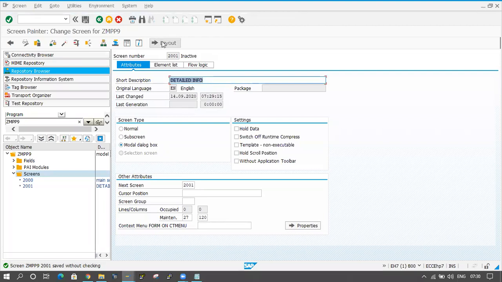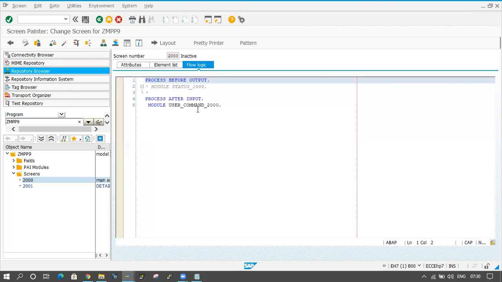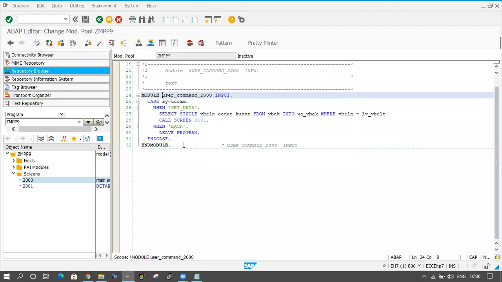Before that, we have to maintain the starting position and ending position for the screen. Screen 2001, that is okay. Since this is the modal dialog box, I have to give a starting position and ending position, right?